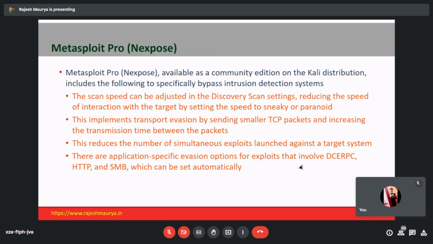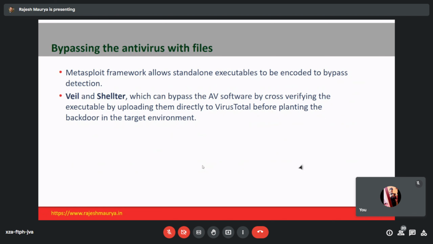So the Metasploit framework, together with other things, can basically be used to generate such kind of things, which will help you to bypass. There are basically two things that can come to help you in this case. You have something called Veil, and you have Shelter. These are the two things that you can use, which can help you to bypass the antivirus